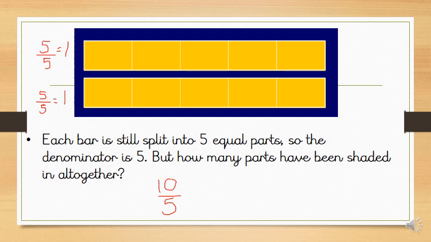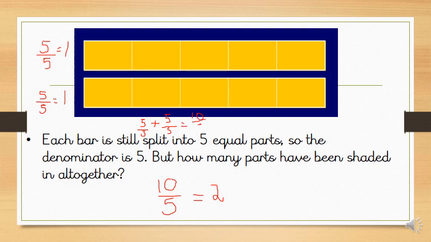And we know that 10/5 is equal to 2 wholes. And we can check that as well by doing 5/5 add 5/5, and we did this in our last lesson. The denominator is the same, so we just add the numerator, and we've got